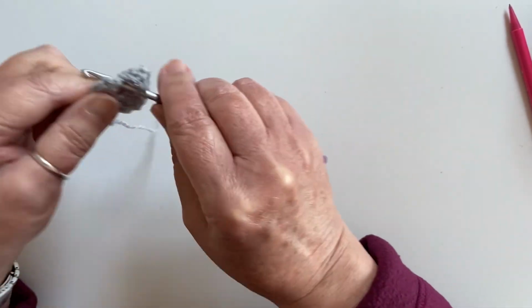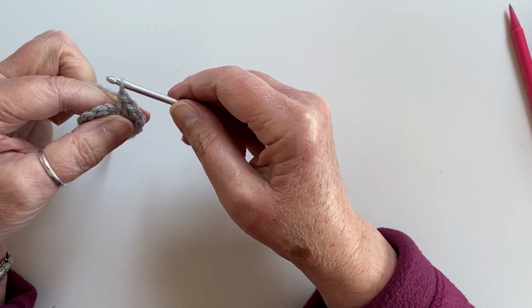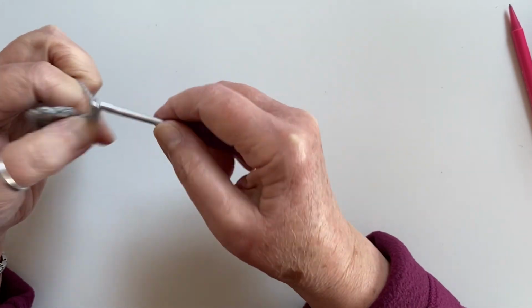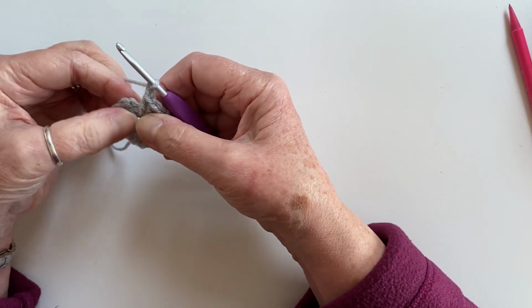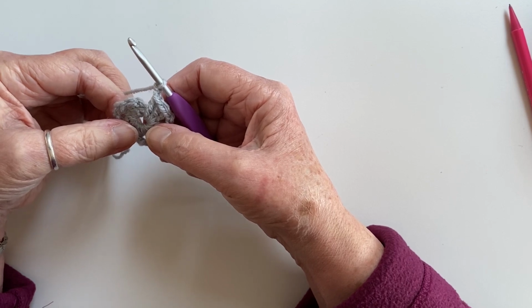Second and the third. Now, before we finish off this round, we've still got to make the very last corner. So it's chain 2, and now we've done 4 sides and we've got 4 corners. So what we have to do now is close off this first round so that we can get ready to